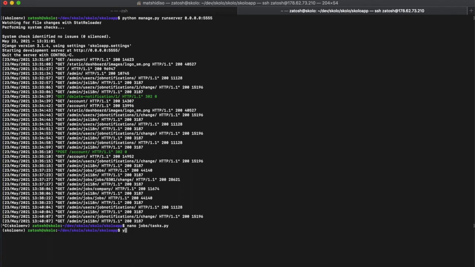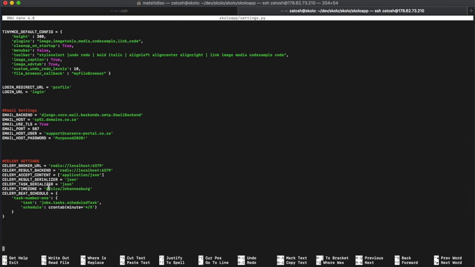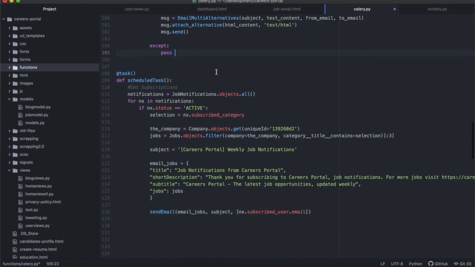Oh yes, no, I've changed my settings.py file. So let's have a look at it again. So nano, because I think there was something wrong with the way I did the settings.py file the first time. So we're just gonna do nano Skolo app, and we're gonna go check our settings.py. All right. And at the bottom over there, I've imported crontab at the top. All right. So if you have a look there,